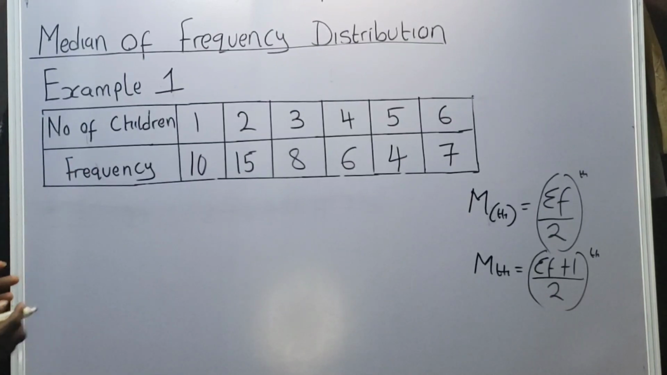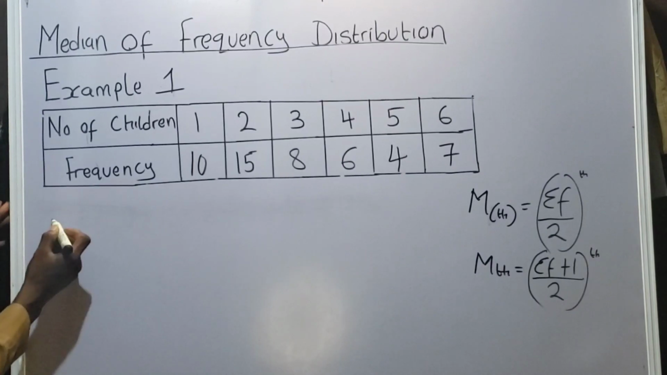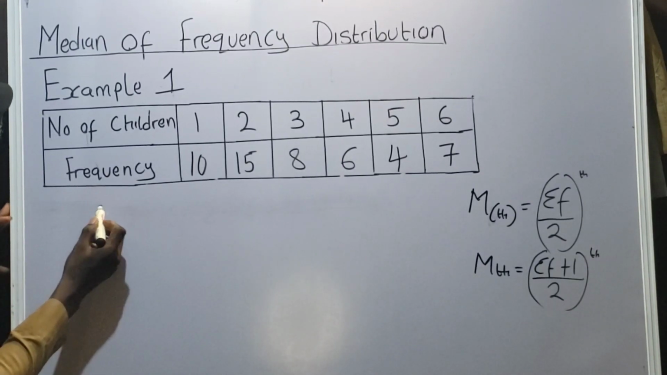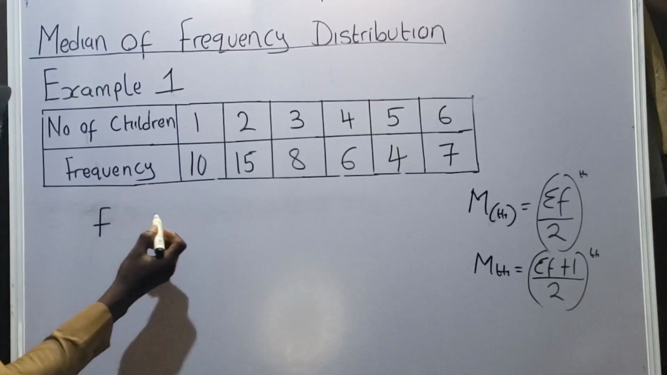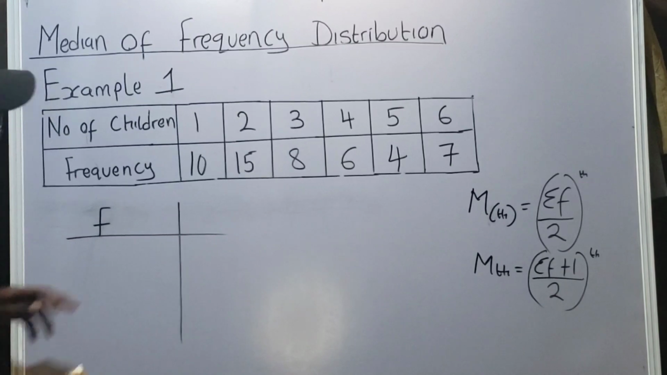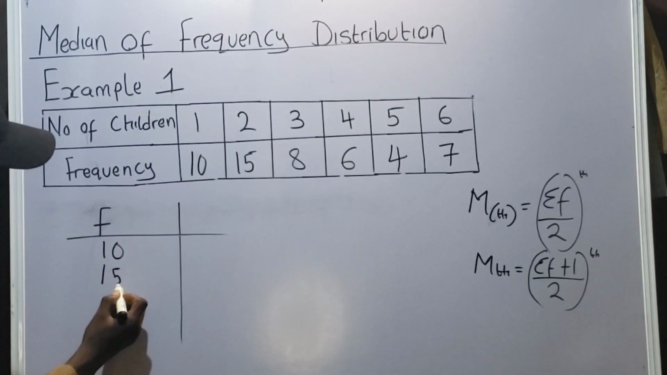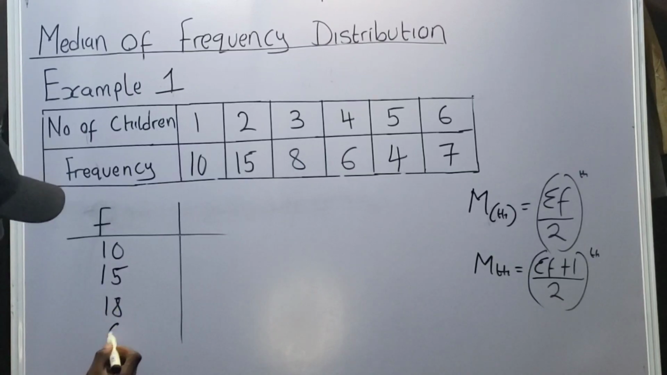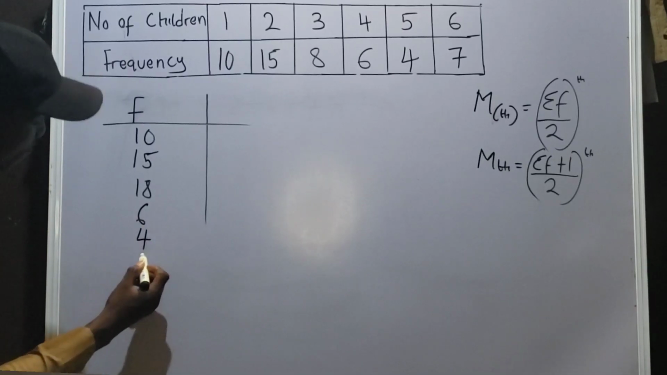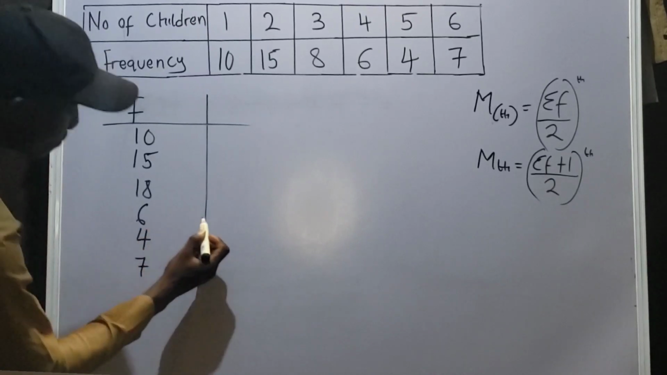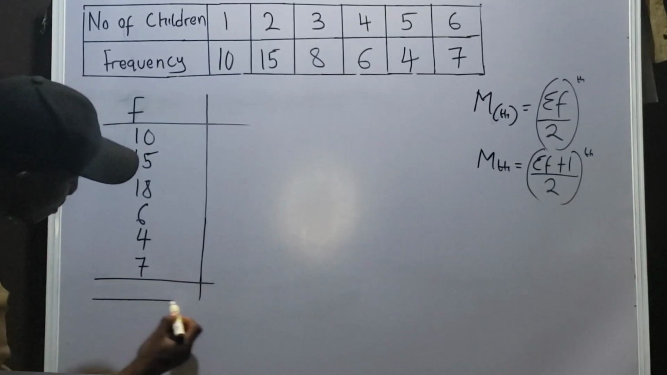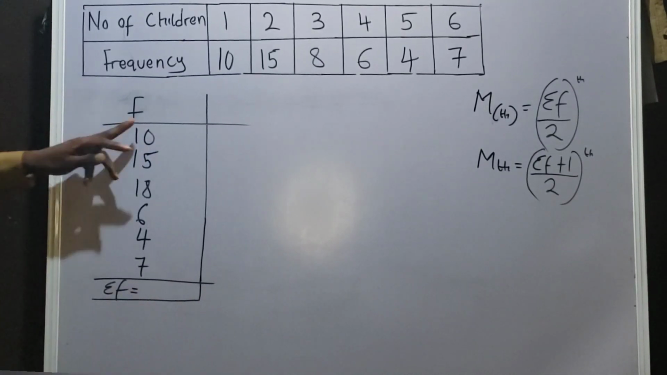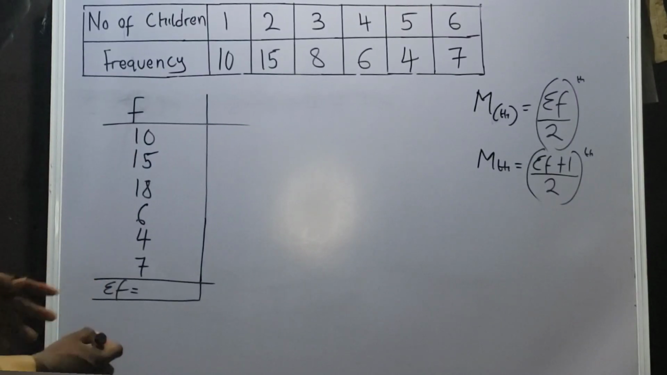So let us just construct a typical table. Here we are going to have f, where f stands for frequency. So I'm going to have 10, 15, 8, 6, 4, 7. Summation f is equal to, when we sum all this together, the answer that we get is